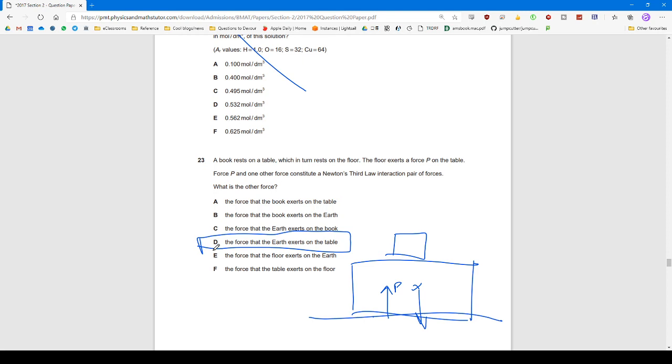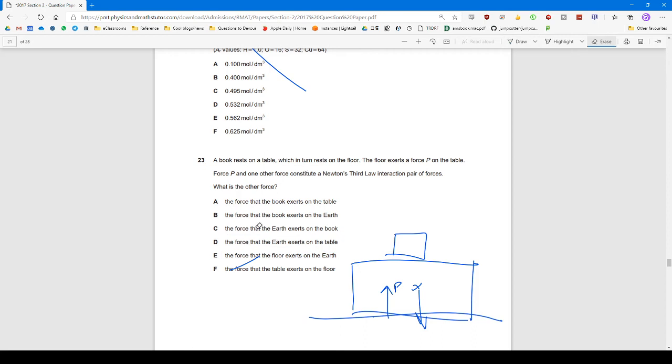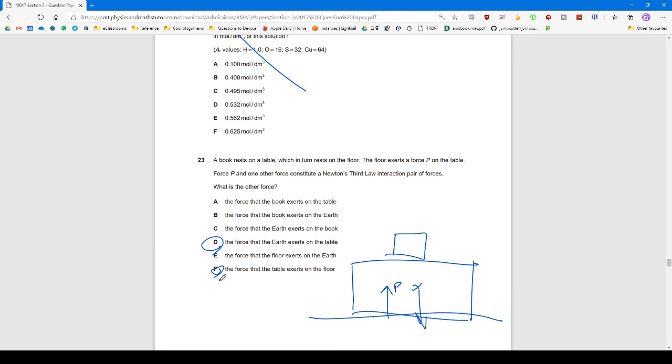Wait, hold up. This is really hard because there's really no shortcut to this. You just need to have a perfect understanding of it. It's either this or this. The floor exerts that force P on the table, but the P